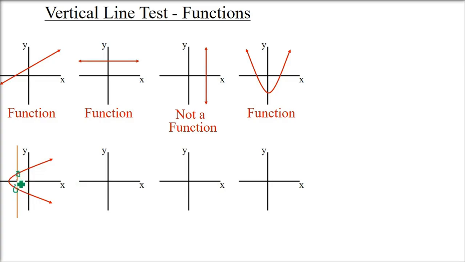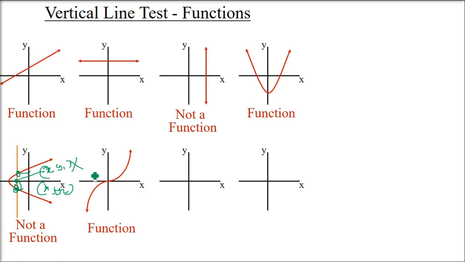This is the point, and there are multiple points where it is going to intersect the graph in two positions. For a single x, there are multiple y values, and that means it is not a function. See here. What do you think? A line which is passing will intersect only and only once. For every x, there is a unique value of y, therefore it is a function.